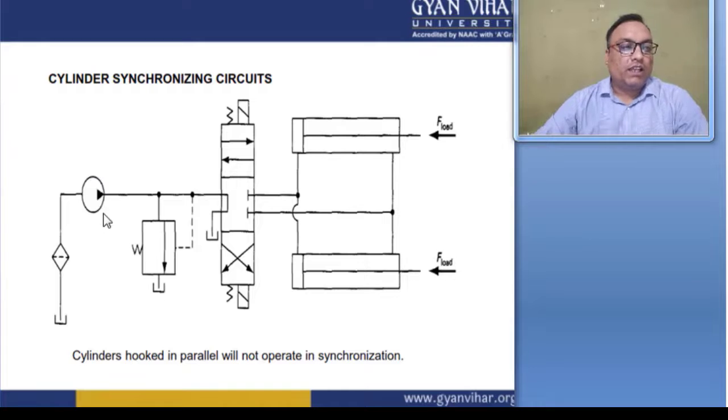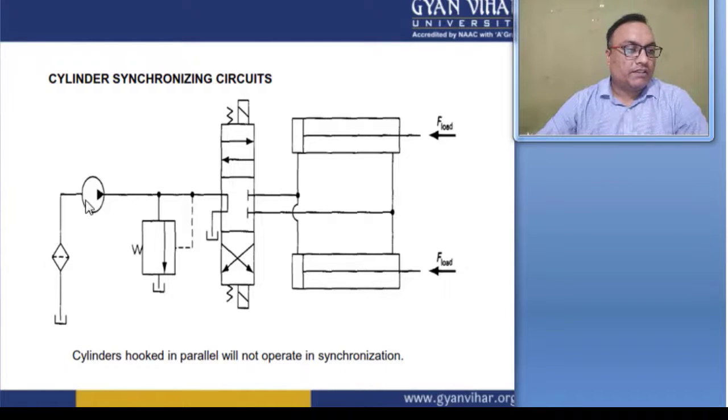Here this is the pump, and the pump is a fixed or constant displacement pump. This is the pressure reducer valve, and these are the symbols of reservoirs. And here this is the direction control valve, and these are the fluid flow lines, right? This is the two actuating units, or we can say these are actuators, right?